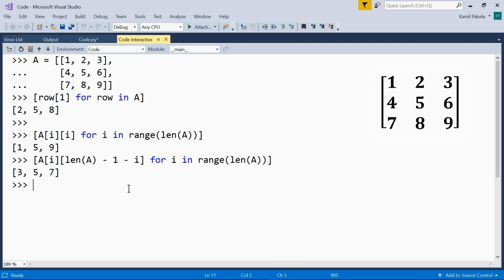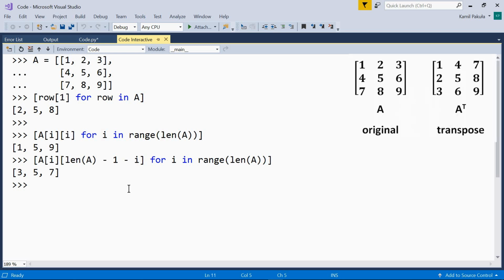We can also use a list comprehension to transpose a matrix. To transpose a matrix means to create a new matrix where the rows are the columns of the original matrix. Here's how it looks in math. In the original matrix we have the following rows, 1, 2, 3, 4, 5, 6, 7, 8, 9. In the transpose we have 1, 4, 7, 2, 5, 8, 3, 6, 9. As you have a look at the rows in the transpose, you can see that each row is a column in the original